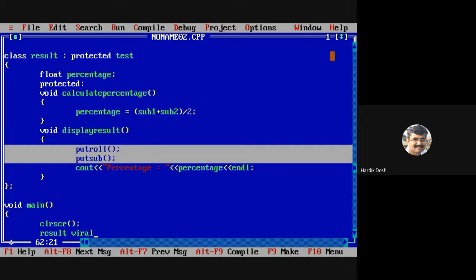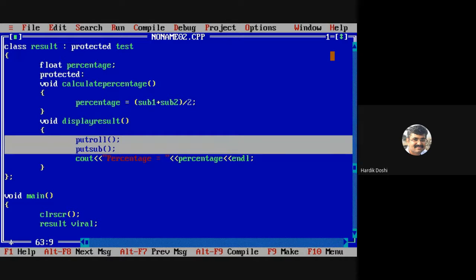Viral result we want to print. First of all I need to get the number. Can I write Viral dot get roll? It's protected. We need to make it public.